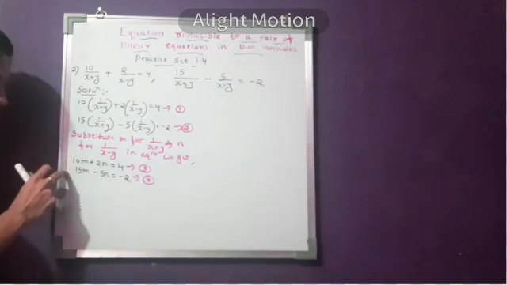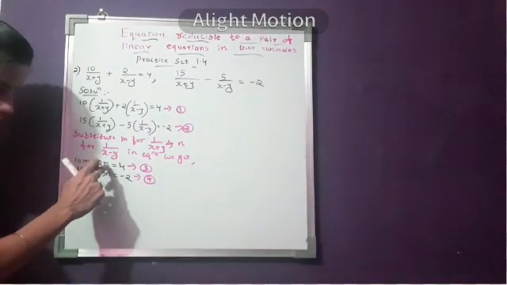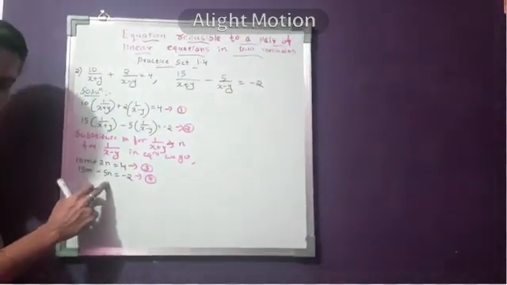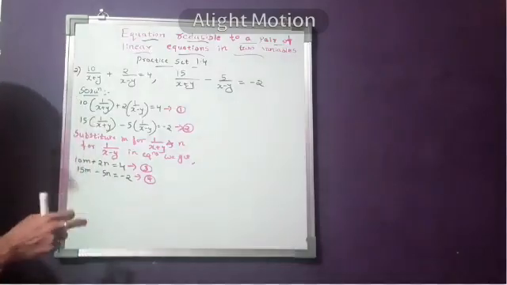See, for 10 and 15 you cannot do anything, but equation number 3, if I multiply by 5 it will become 10n, and equation number 4, if I multiply by 2 it will become 10n. Then easily I can add and I can get the values of m and n. So go for it. Multiply equation 3 by 5 and equation 4 by 2, we get.